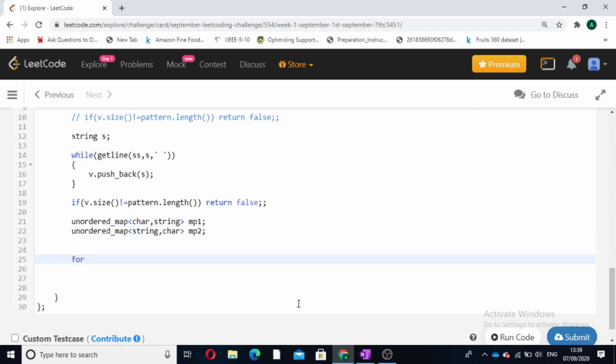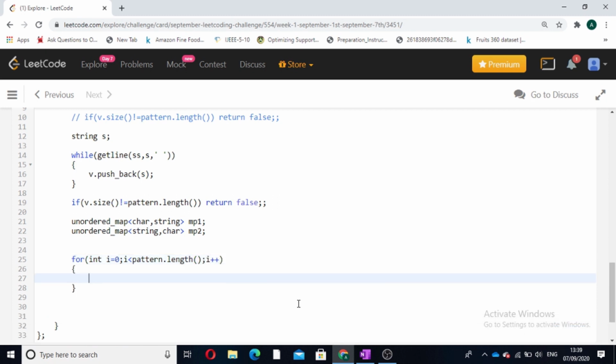Now we will iterate through our pattern. Once we are iterating through our pattern, we will check if mp1.count of the corresponding character in pattern I already exists in the hash map or not.